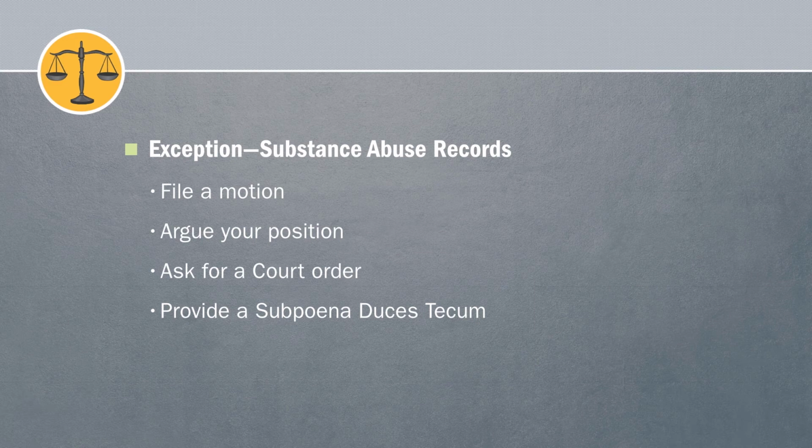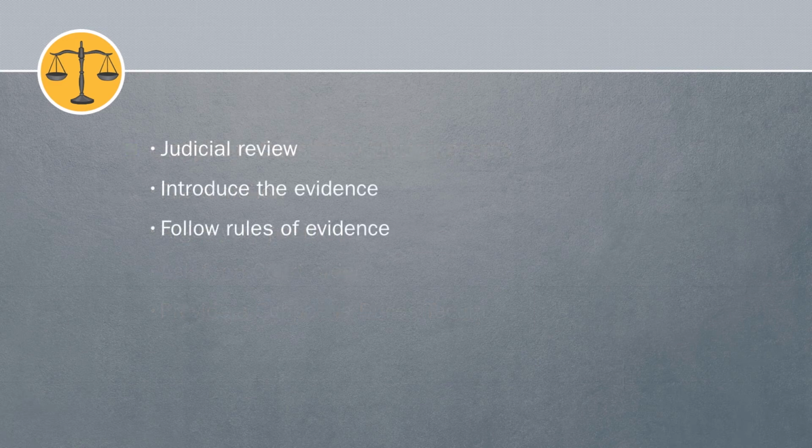At the hearing, you must argue your position to the court, emphasizing why it is necessary that the records be produced, and have a hearing before the court to persuade the judge of the necessity of the records being produced. At the hearing, ask the court for an order compelling the release of the records for an in-camera review. If your motion is granted, provide the subpoena duces tecum and the order to the Director of Medical Records of